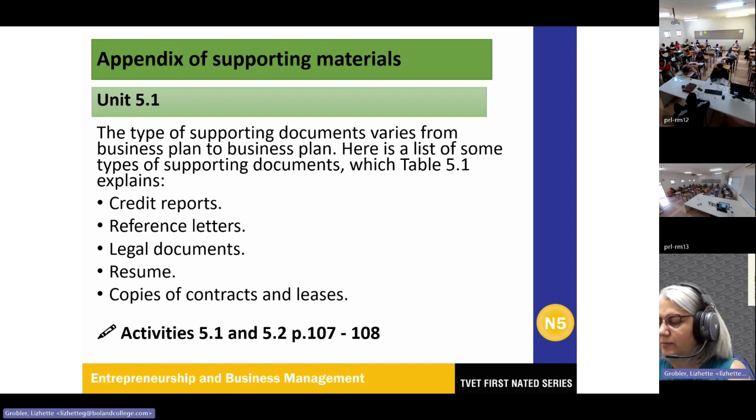So the letters will be written by either suppliers, contractors, or clients or customers who are then satisfied with your products or the services that you have rendered. And this we've seen all over. If you want to get a reference for a business, you go onto Facebook and you just enter the business's name and you go to their website and you will find a lot of information regarding references there. And then obviously you will decide on that which business you want to make use of.